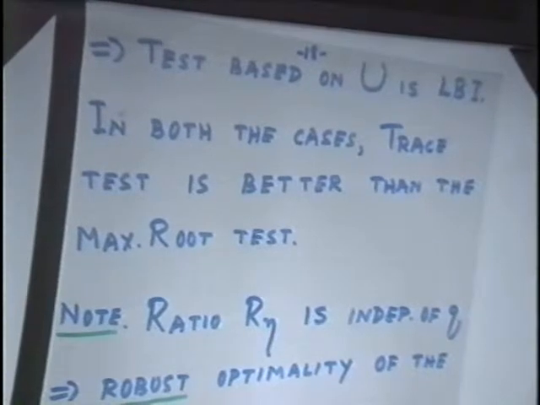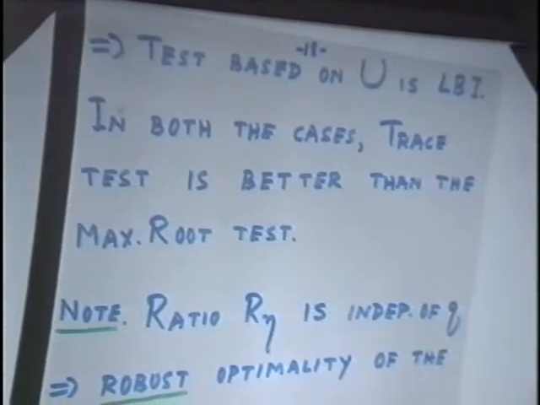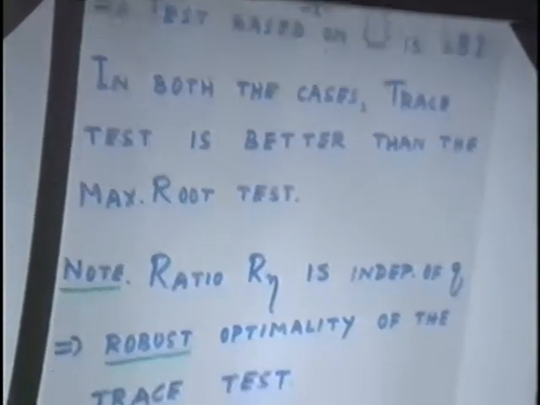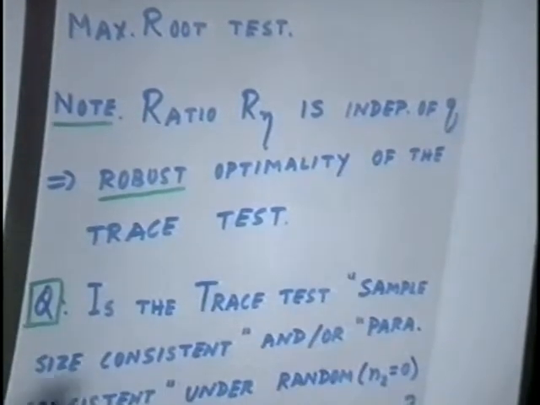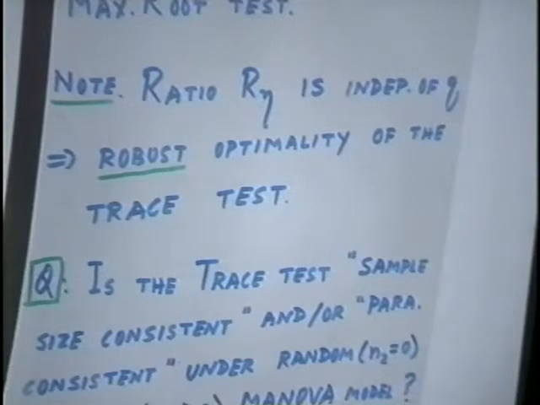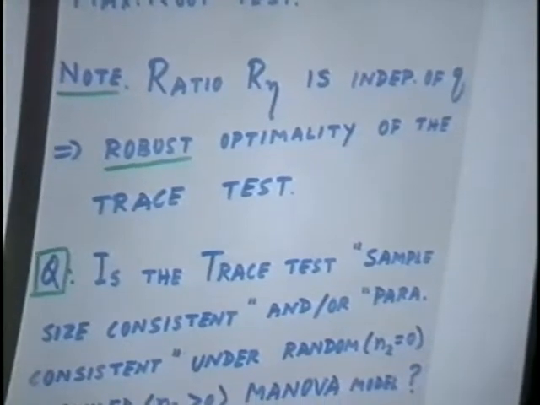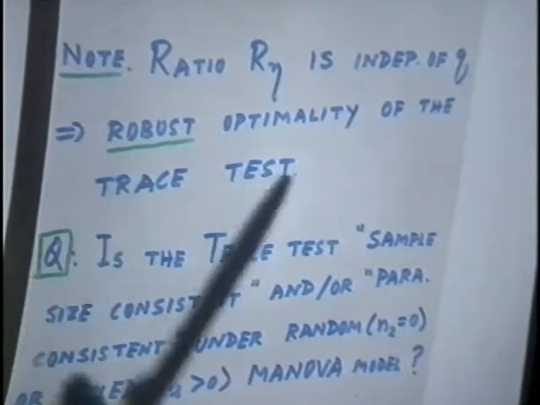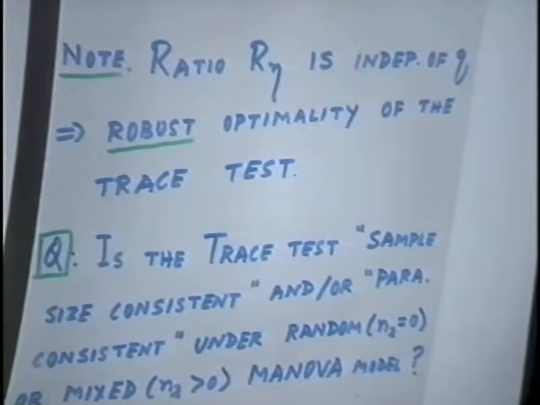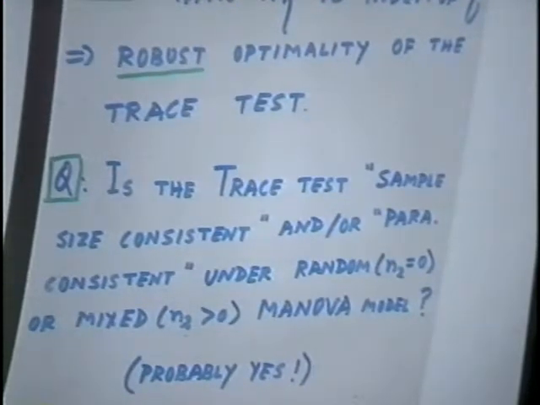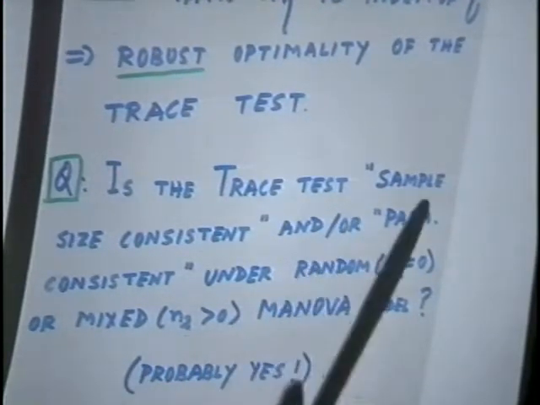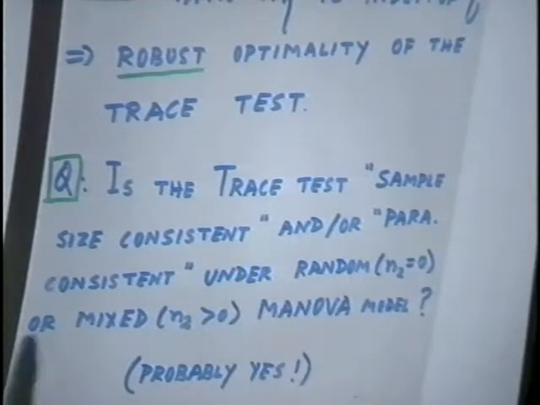In both the cases, we see that the trace test is better than the maximum root test. All right. Now, in this problem and also in the previous problem, whenever you compute the ratio, it turns out to be independent of Q, which means we have the robust optimality of the trace test. And the question, in light of Professor Perlman's talk yesterday, is whether the trace test has the sample size consistency property and/or the parameter consistency property